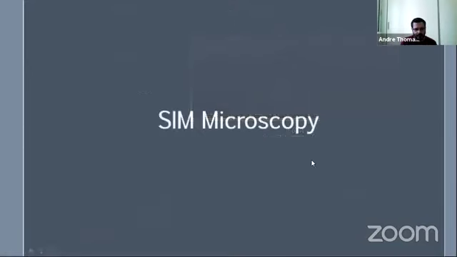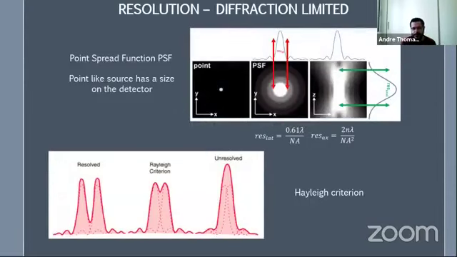So the way of dealing with this, you can manipulate the excitation, or you can manipulate the emission. You can make mathematical approximations or calculations to get rid of the diffraction limit, or rather, to deal with the diffraction limit. You can never get rid of the diffraction limit because light is a wave, and every time a wave goes through a small hole, which is basically the objective, it's going to squeeze the light, and then after the objective, it's going to spread the light. So you cannot avoid that, but you can make some mathematical manipulations or make different illumination patterns,